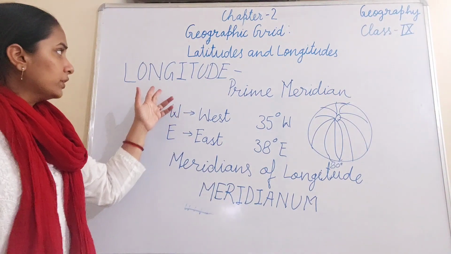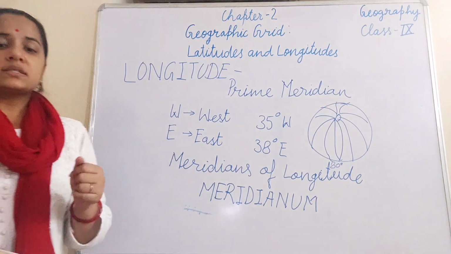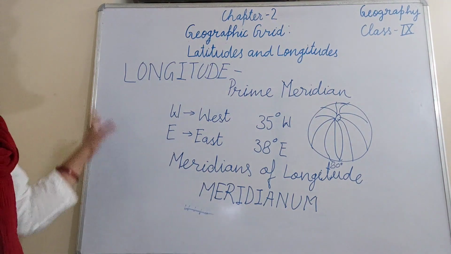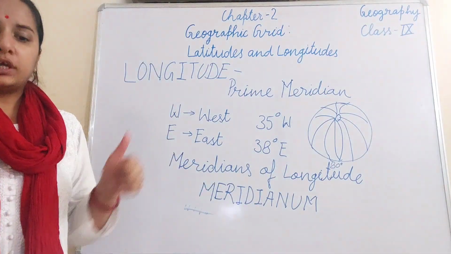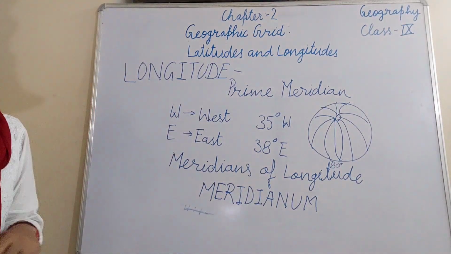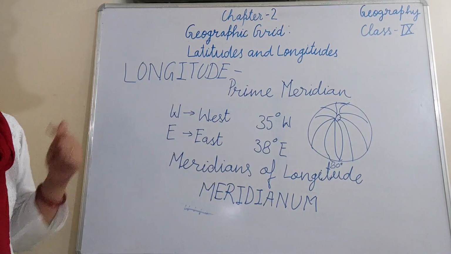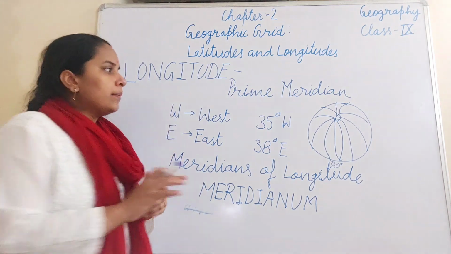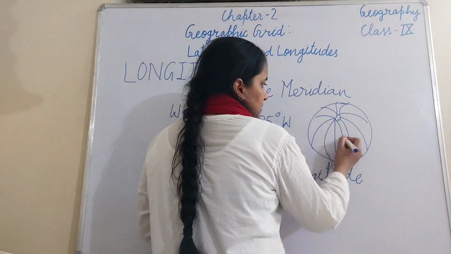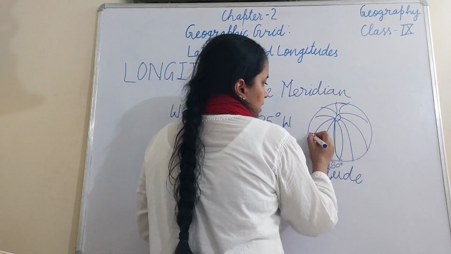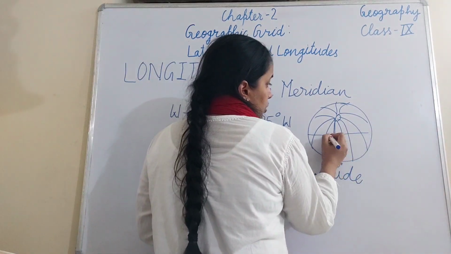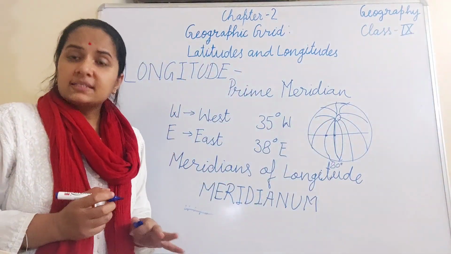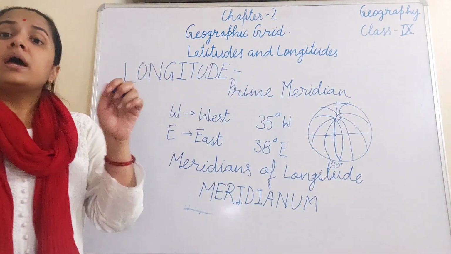The next important thing about the lines of longitude is that two diametrically opposite lines make a full circle, also known as the great circle, as we discussed about the equator. The distance between the lines of longitude is maximum at the equator. If we talk about the distance between these two lines, since these lines are curved, suppose this is the equator, the distance between these two lines is maximum at the equator,